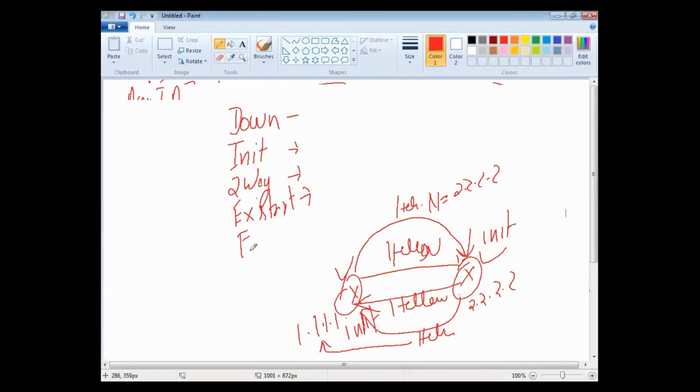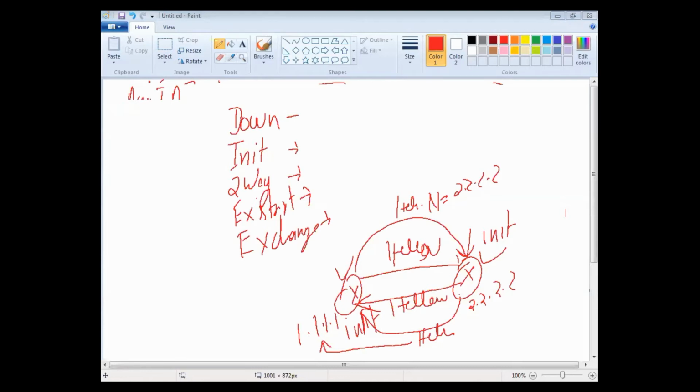Then again is the exchange state. In this state, the routers exchange database descriptor packets, we call it DBD, containing a description of the router's topology database.